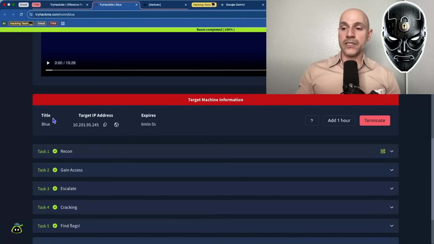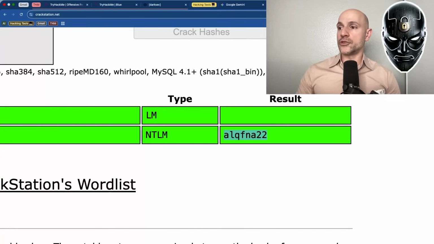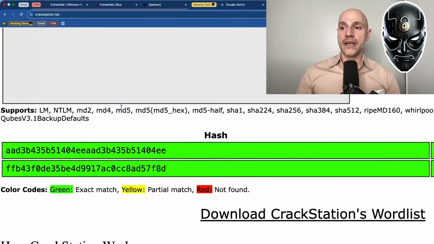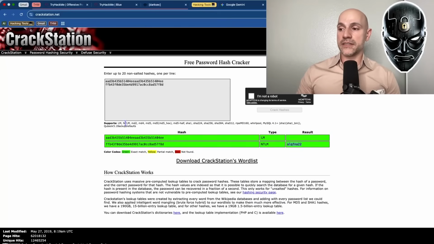And the password itself was simple enough that we were able to use CrackStation to pull it off. CrackStation is this massive database of, I don't know how many, tens of millions of password entries. I think it tells us, but there are millions and millions of passwords inside the CrackStation database. And I always start with CrackStation. If it doesn't work, then we can go to John the Ripper, or Hydra, or some other type of tool that will help us